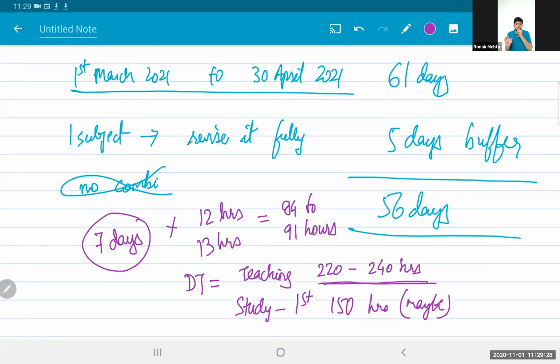There are many faculties which say that DT is the biggest subject and the most important subject. FR is the biggest subject and the most important subject. To be very honest, from a student's perspective, it is one of the 8 subjects. So you try to give importance to a particular subject because the faculty says so. The faculty's intention is to give importance to himself or herself by saying, oh, my sub.